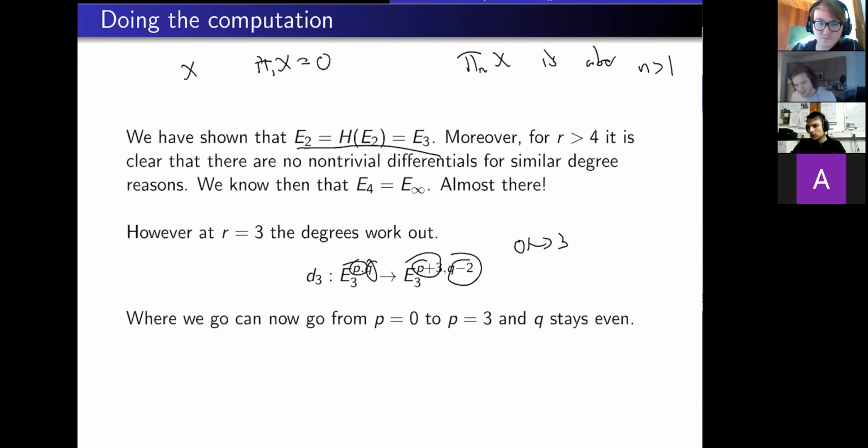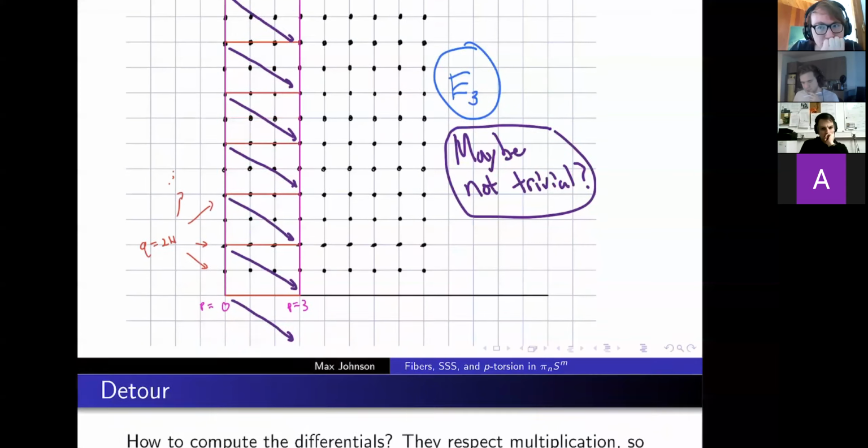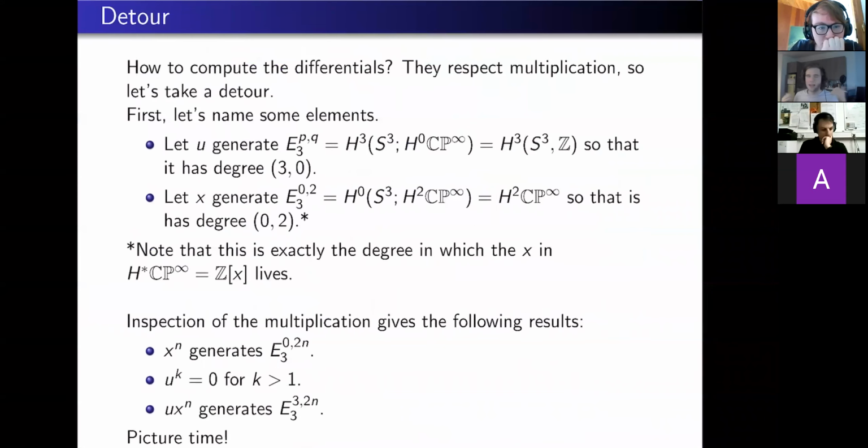Okay, all right. So here's our visualization, just to remind you that this is the one and only time where the differentials end up working out so that we can hit something else that might be non-trivial. So here's our little ladder, and you can see that it's doing the exact diagonal that it needs to. How to compute the differentials? Again, I haven't told you what they are. So right now there doesn't seem like a lot of hope, but